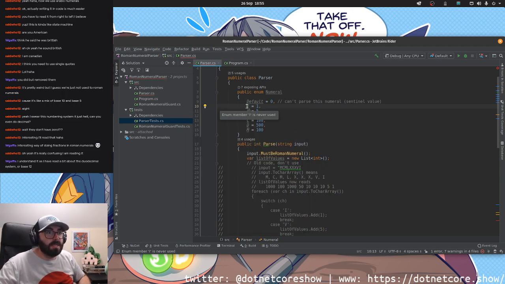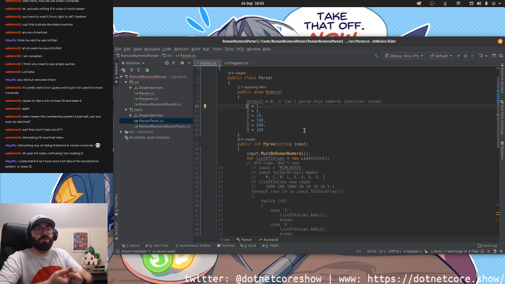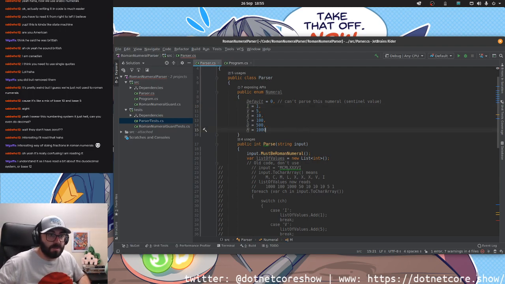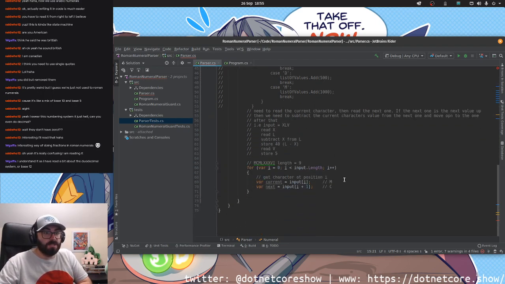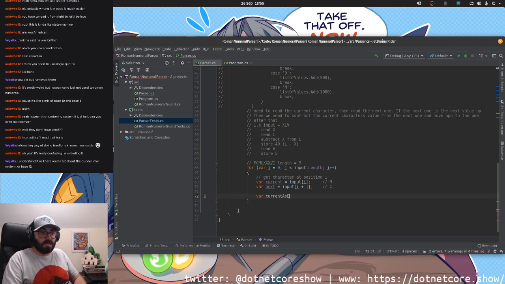Remember, these values here, I through to M, are kind of like labels. If I say, get me numeral.I, it's going to give me 1. If it's numeral.M, it's going to give me 100, which should be 1,000. So we need to jump through hoops in C# to get the current value as an enum. So for current as enum,